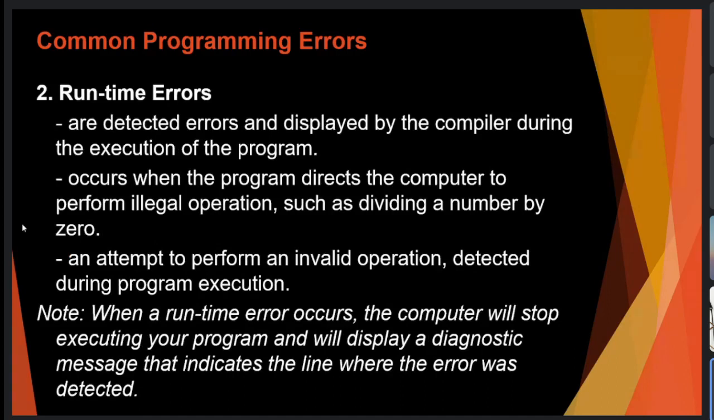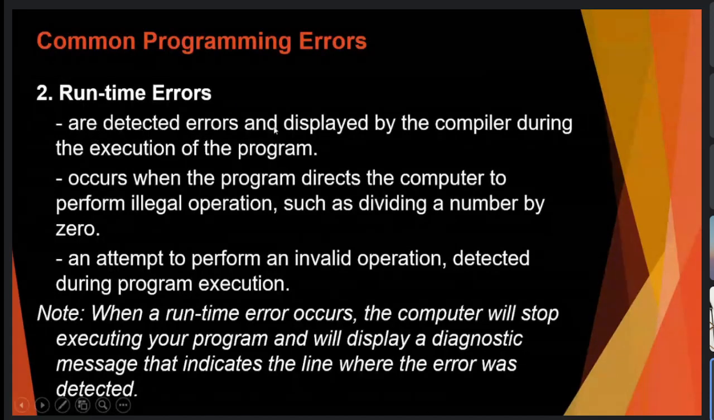Runtime error. Okay? Unsa man ning runtime error? Runtime errors are detected errors and displayed by the compiler during the execution of the program. Okay? So this occurs when the program directs the computer to perform illegal operations such as dividing a number by zero. So we have encountered it earlier that when you do the division by zero,